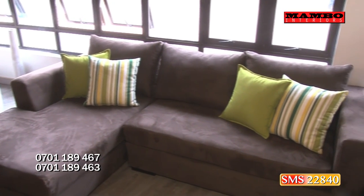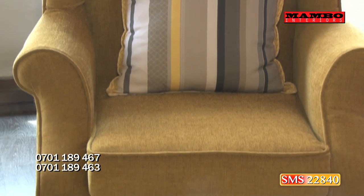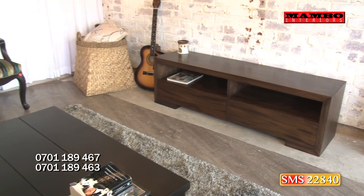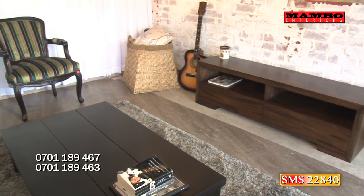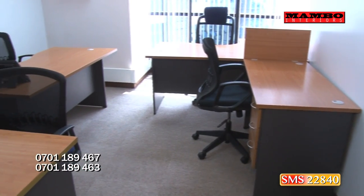Because then at the end of the day, if I go with what I think, I might have very many Carol's houses all over the place, which does not maybe suit the person who is going to be living in that house. Another aspect we offer in Mambo Interiors is for commercial spaces, and these range from a normal office